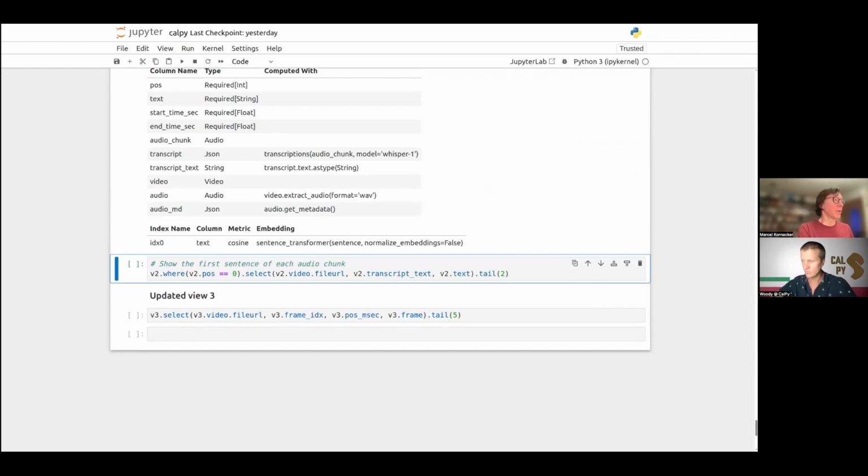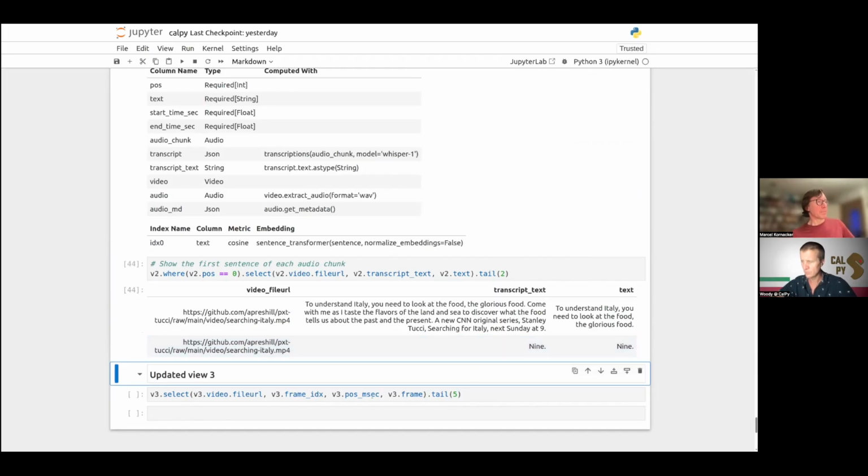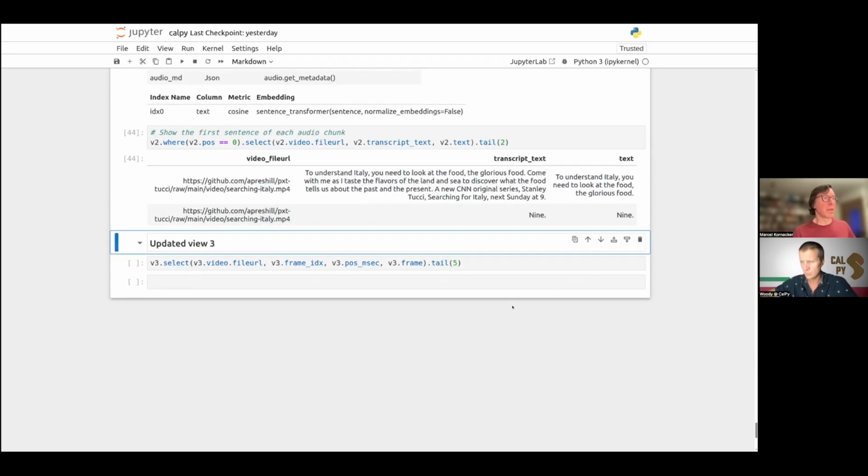So if we look at that, again, here is Searching Italy for this new video, we have the whole transcript text, and here is the first sentence from each of the chunks. So again, the derived tables were all populated automatically using the way they were defined previously.